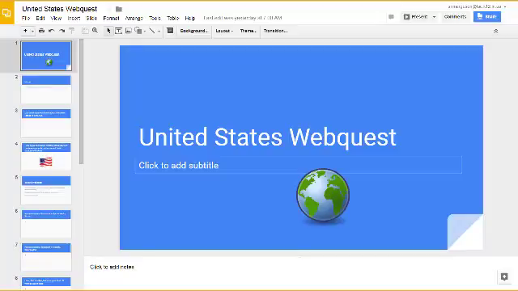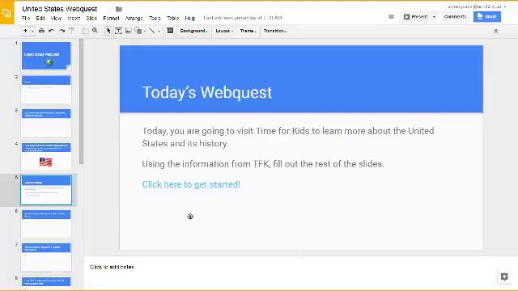I recently made one about the United States. My class just finished a unit on location, and so I was able to still use my own resources. We have a really fun packet where we go through and we identify the continents, the oceans, the countries in the United States, and then for this, I just wanted to focus on the United States and its history. Well, I was also able to plug in with Time for Kids. My kids really, really love Time for Kids magazine, so we're able to focus on the article that we wanted to, actually turn the pages and read the article, and then I was able to use the Time for Kids website